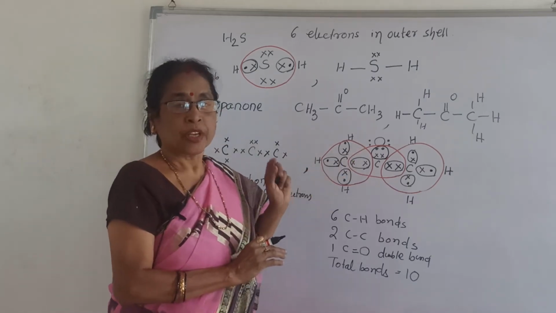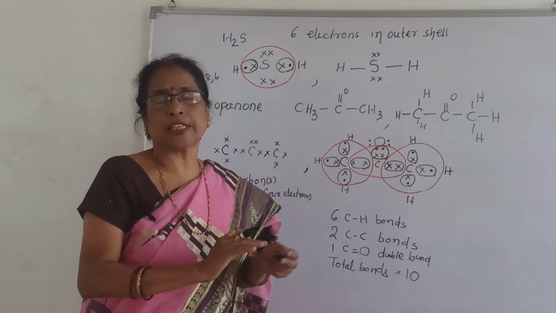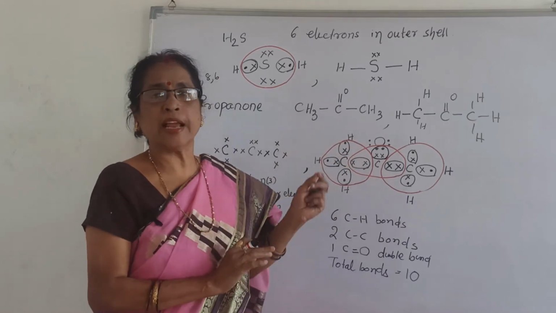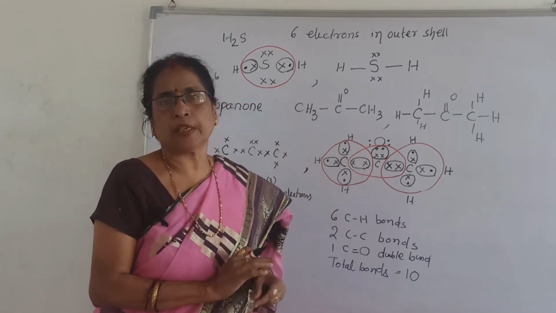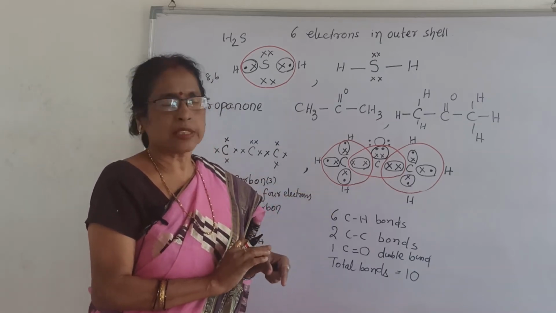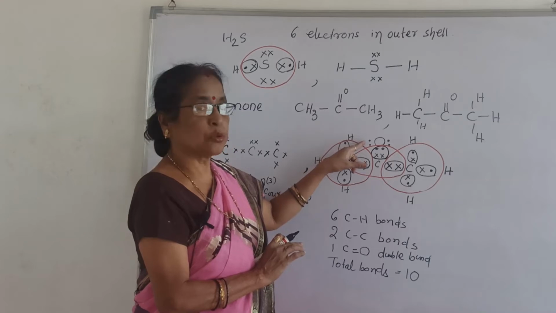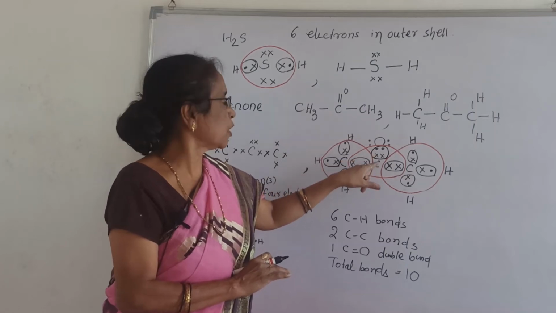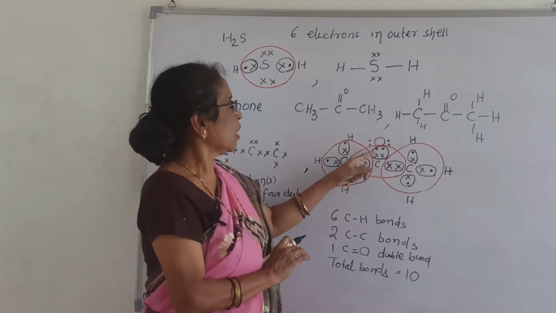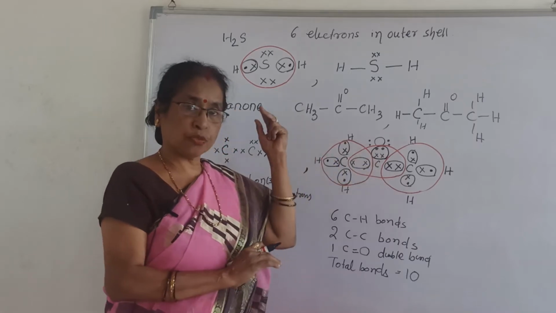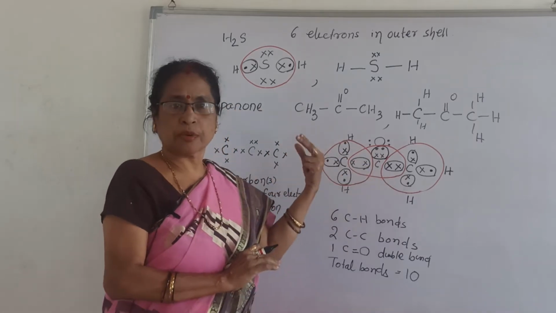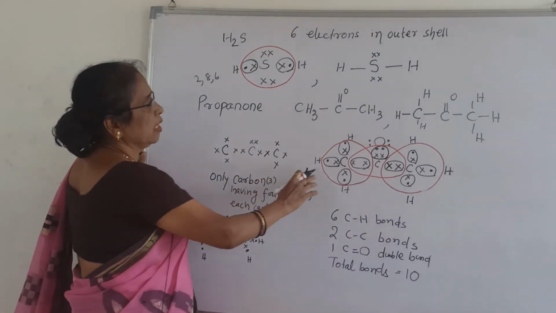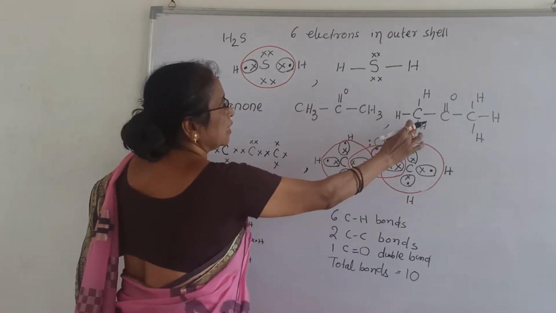Then come to above. You know oxygen, what is that oxygen? 2, 6, 8. That means 8 is the atomic number. Then the electronic configuration is 2, 6. Now the 6, how can you arrange: here 2, here 2. These are non-bonding, they are never involved in bonding. And these 2 you will put near this carbon electron. Now you can see 2 electrons from oxygen and 2 electrons from carbon form a double bond. Now you can see here it is a double bond,